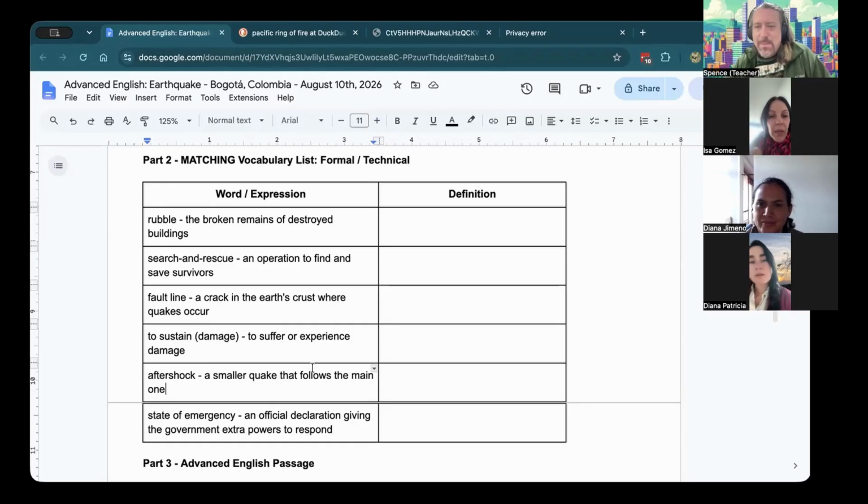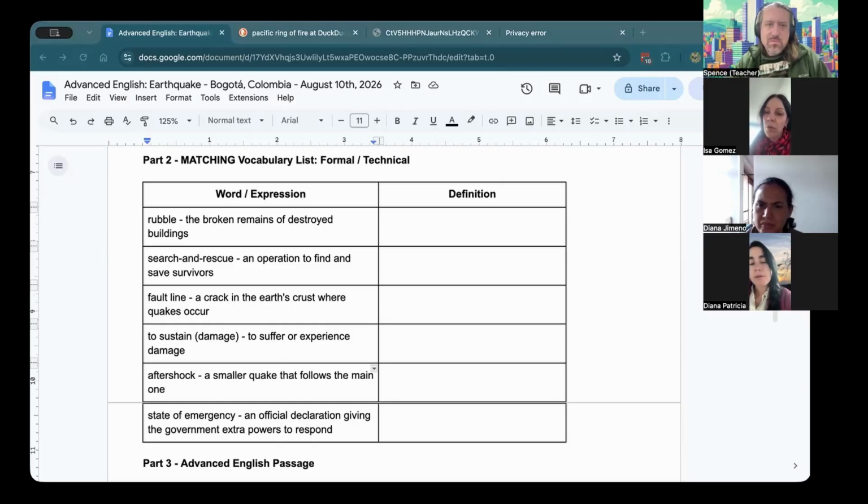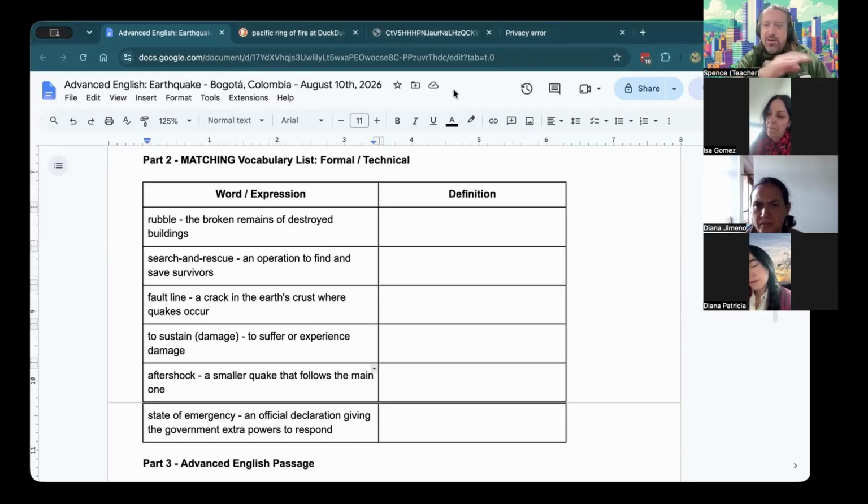Yeah. In the aftershock, you can say after effect. Or no, it's aftershock. So the after effect would be referring to the damage. The aftershock is the replica, the earthquake that comes afterward. The after effect is like the rubble, the damaged buildings. Okay, cool.